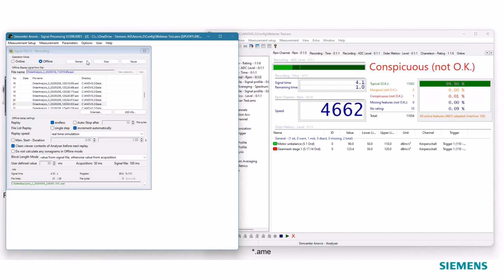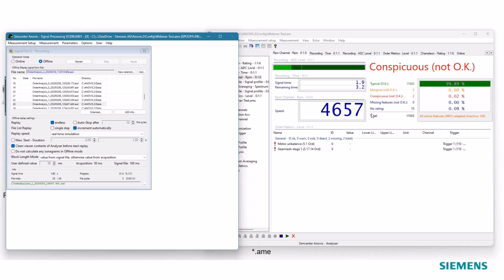So here you see, for example, a conspicuous part where we already know the fault, and there may occur one sooner or later that we do not know up to now. And there you're looking at first order and 17.14 order, so like imbalance in a gear. Exactly. Those are two faults that I already expected could happen. The device under test here is a small electric motor connected to a planetary gear set. And those are the things that we expected could happen, and we built in these metrics and set some limits.